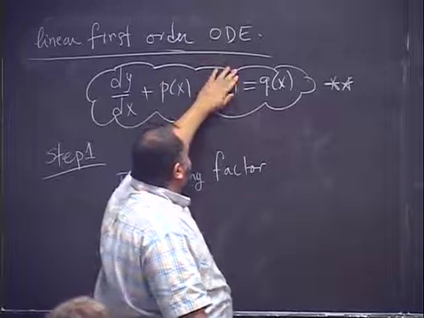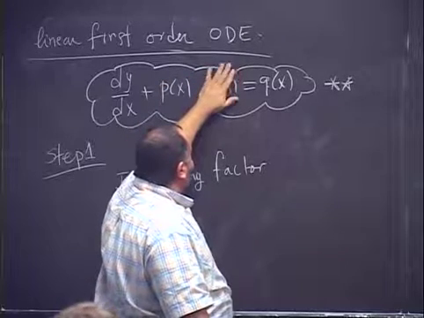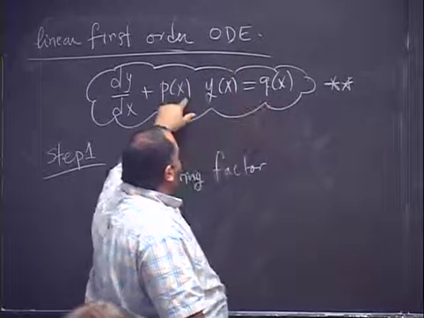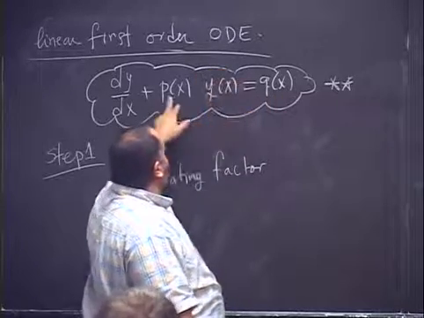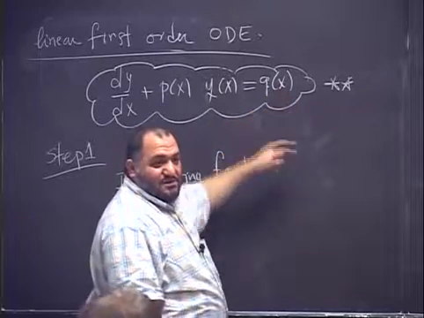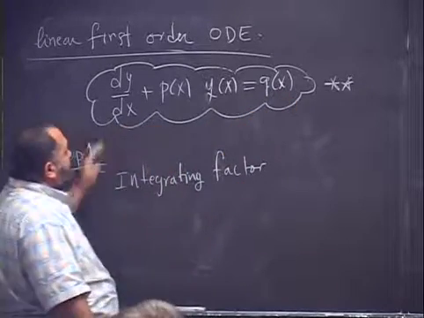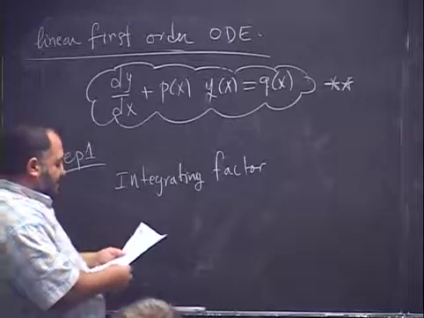If you do not have this and this is just 1 or 0, if this is 0, m and y would be negative q of x. Yes? If this is 1, m and y will be p of x minus q of x. Okay, guys? So now we want to get an integrating factor such that